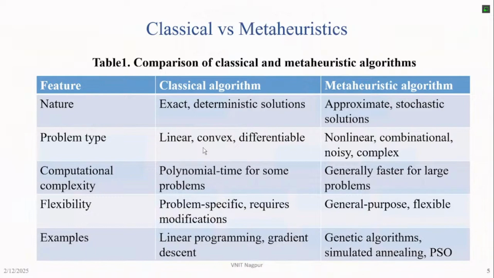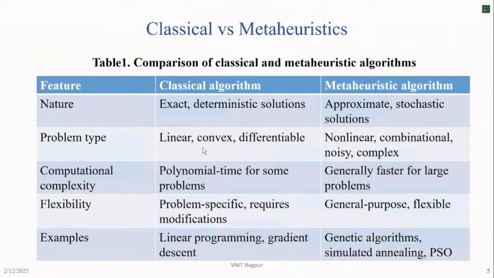Types of problem able to solve: definitely it is very good in solving the linear problem as well as convex optimization problems, where the function is differentiable, that is fine. But if it is not, then it won't be able to solve the same problem. Sometimes we may face a very large computational time, which is again problematic. But here it can solve any types of problem, non-linear or linear, maybe combinatorial, maybe too much complex, but it will give you approximate results.